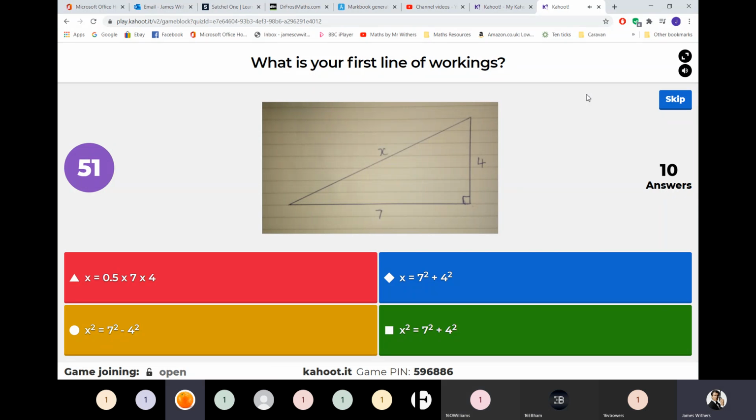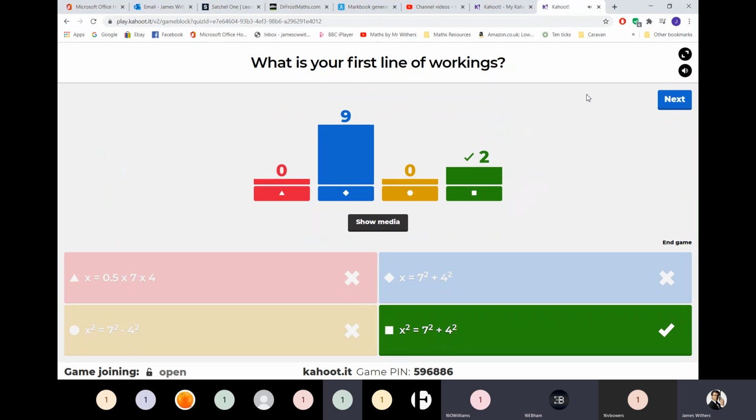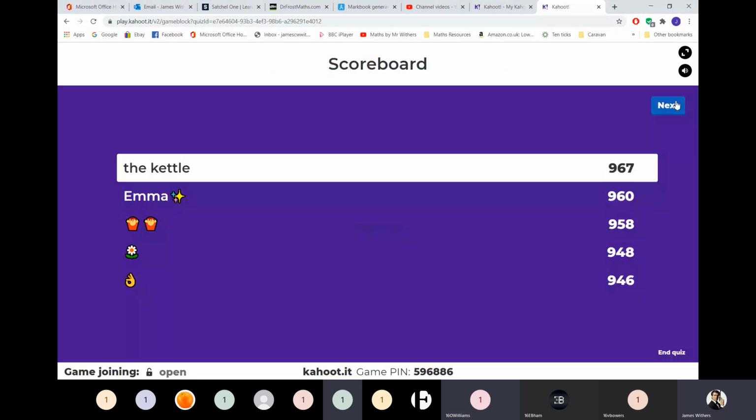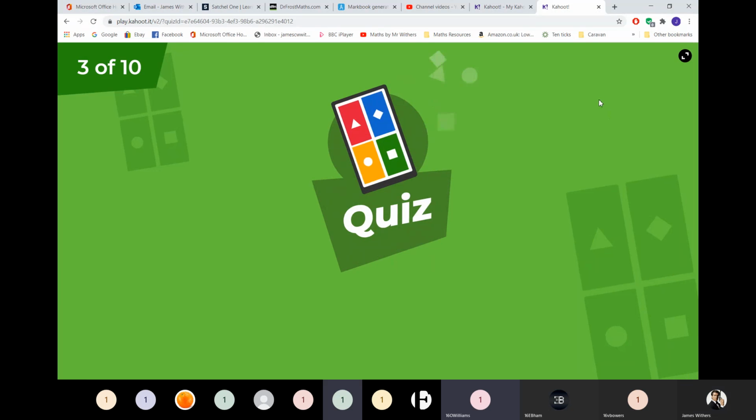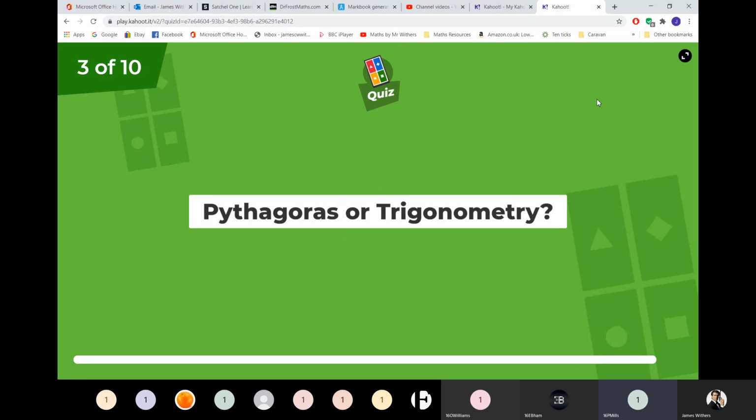I bet loads of you have put blue because you haven't read it properly. No! How many have gone blue? Oh dear. That was cruel. When I said loads of you, I thought maybe 1 or 2, not 9. Oh no, that's not too good. Right, well played, Emma. You still gotta get one wrong, Emma. Okay, that's not happened in a while.